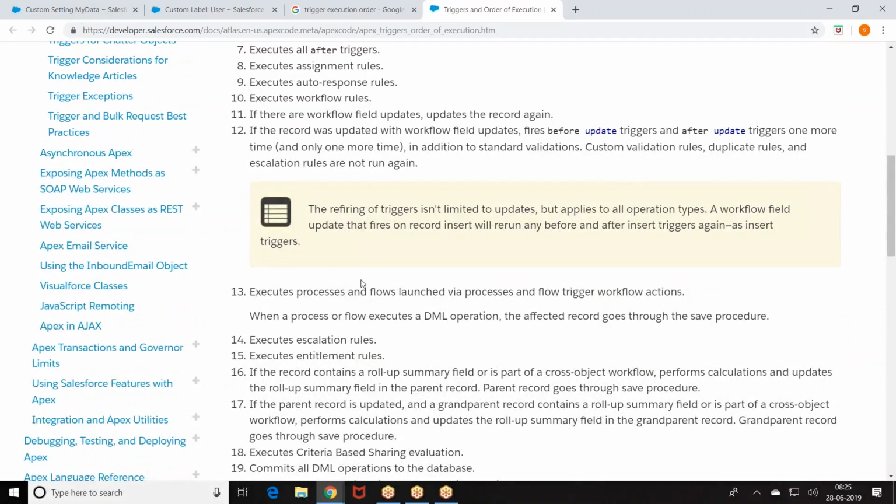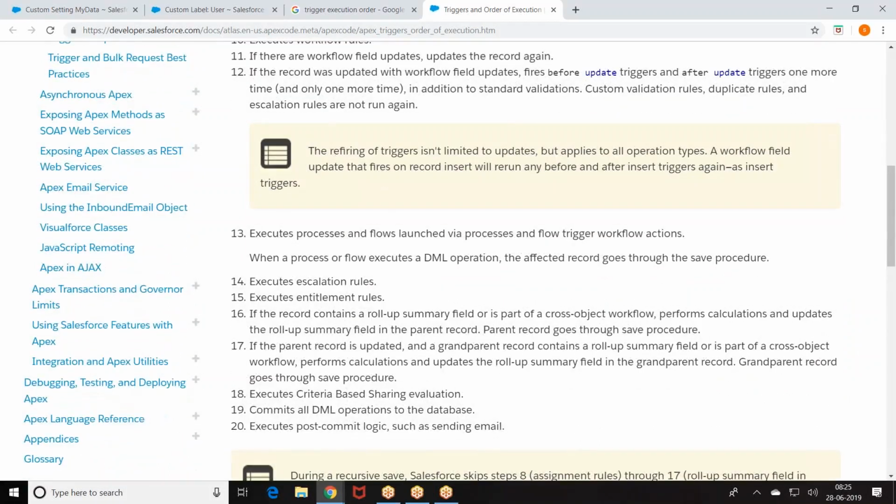In the workflow rule, there is a field update. Again, the field update will fire the update triggers. Escalation rules, workflow field update, process builders, escalations, entitlement, roll up summary, then update the parent fields, criteria based sharing rules, DML operations are committed, then email sending. Let me put it in a